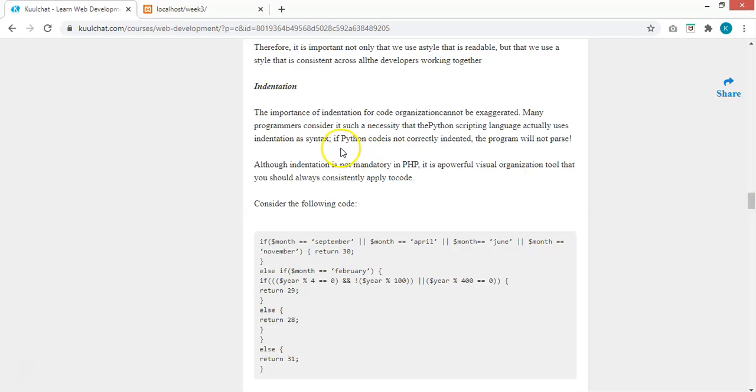Okay. So in certain programming languages, indentation is very important. For example, in Flutter, if you are in the pubspec file, if you don't indent it well, you get an error. Same with Python code. So in certain programming languages, indentation is mandatory, but in PHP it is not. So that's where you need to have good practice,